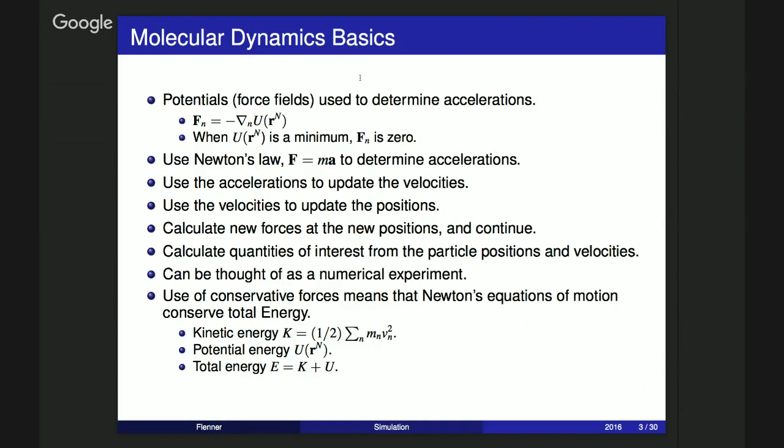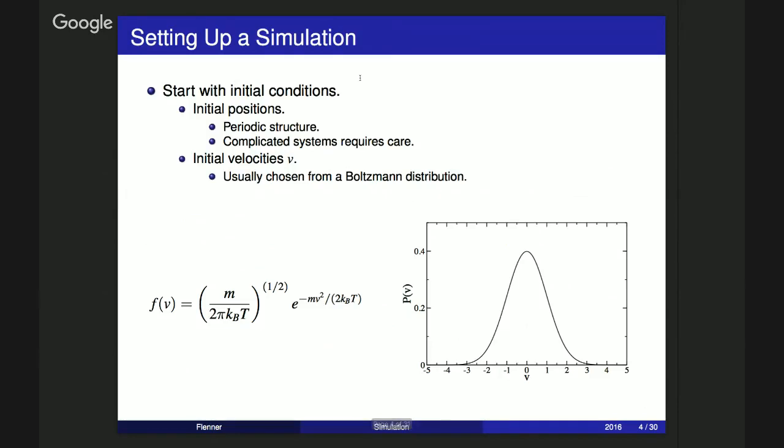So there are several steps you have to go through. The first step is to set up the simulation. Then sometimes you have to equilibrate it. Most of the time you have to do some equilibration for the simulation. And then you have to run a production run to calculate your quantity of interest. So first of all, to start setting up a simulation,